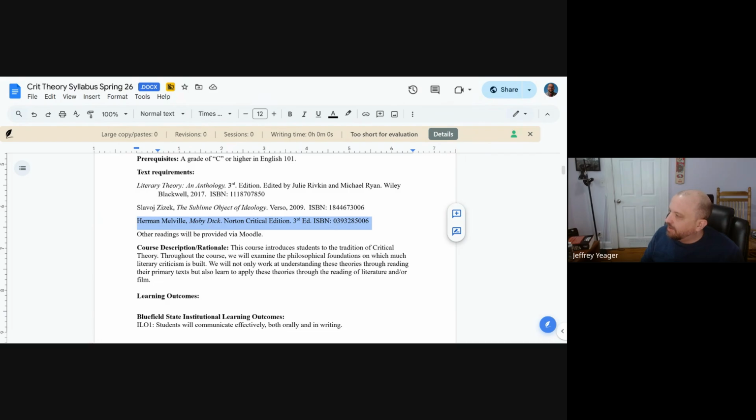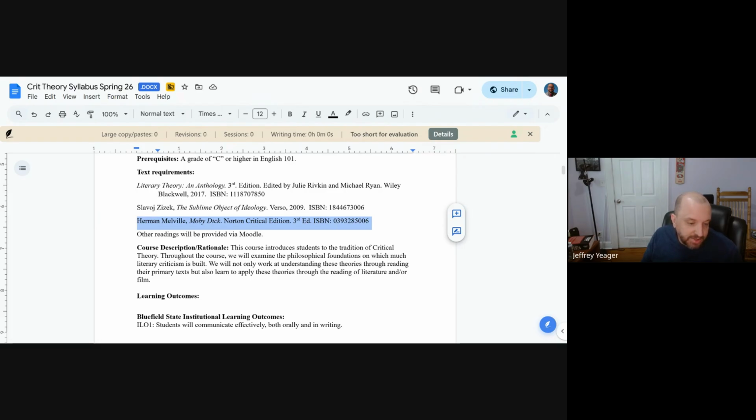It's actually been a long time since I've read it, but I don't know that I would disagree with that notion. I'm very excited to read it again. I probably haven't read it since I was in your guys' shoes. I was about a senior in college when I read it, and I haven't sat down and read it ever since. So I will be looking at the book with a fresh pair of eyes right along with you all. So we're going to read that in the last couple of weeks of the class.